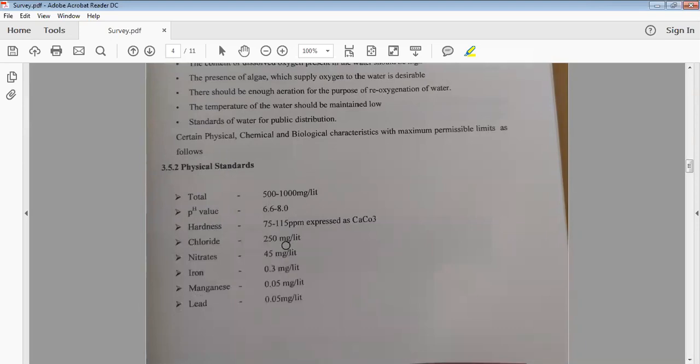What is it? This is your laboratory work that you're going to study now. This semester they have tested some sources they have identified, and initially they tested water characteristics here. Okay, physical characteristics you have seen here. So this is total solids and this is pH. So many test parameters are given here. Hardness, you have an experiment, right, which is coming. See, they have measured it with a calcium carbonate scale.